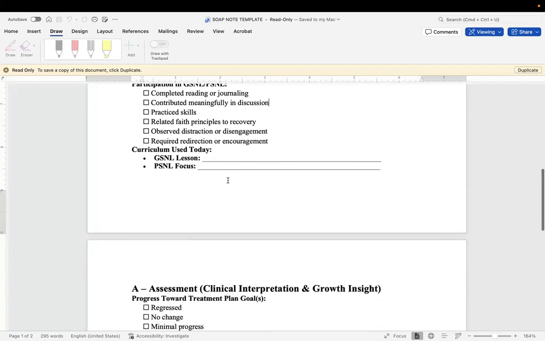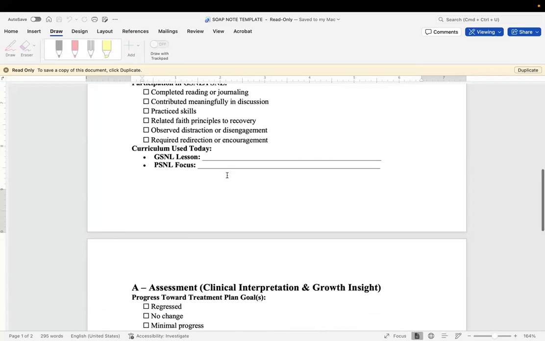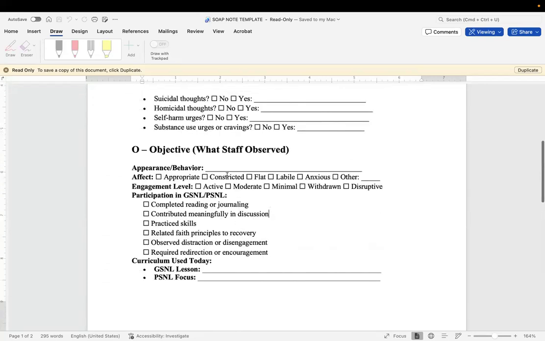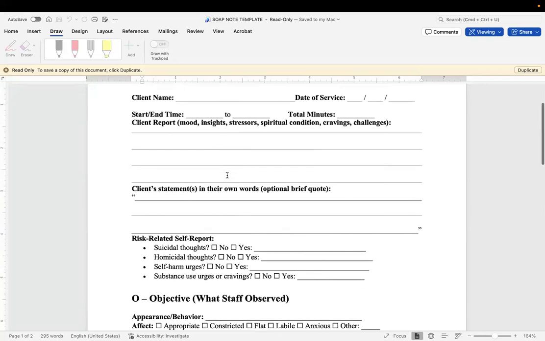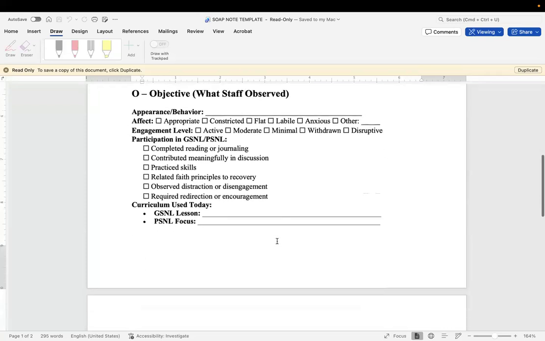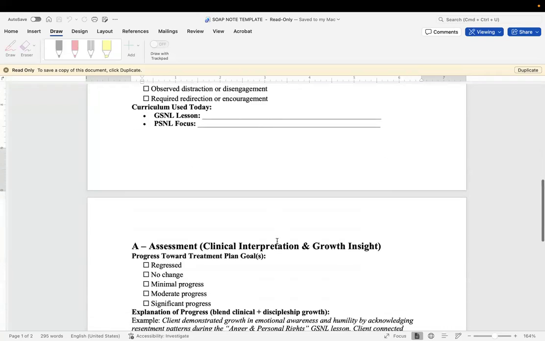It's also important that you notate your GSNL and PSNL of the day. So what GSNL lesson are they on? What PSNL lesson are they on? What is it that they're working on? So again, all of this could literally take you about 3 minutes. I like to keep this as a running tab, but I will do this on the back of a piece of paper. That way I can minimize it down to the most urgent, most important things at the end. This right here shouldn't take you but about 30 seconds to go through.